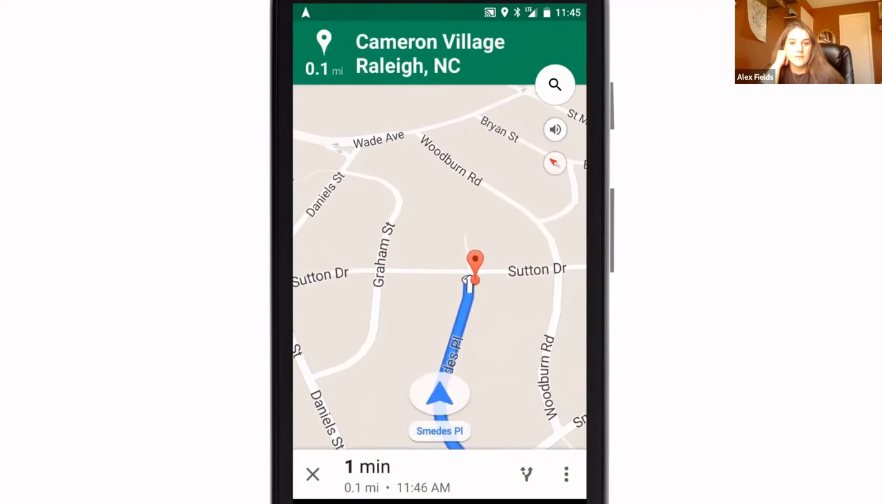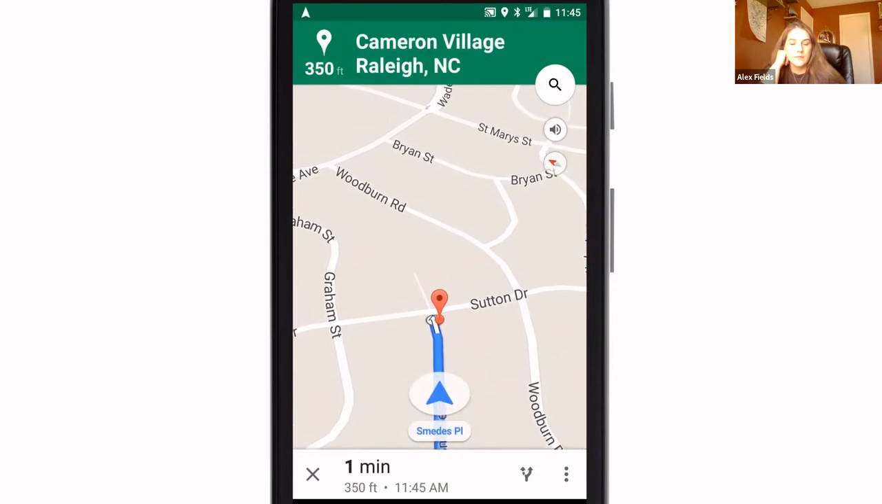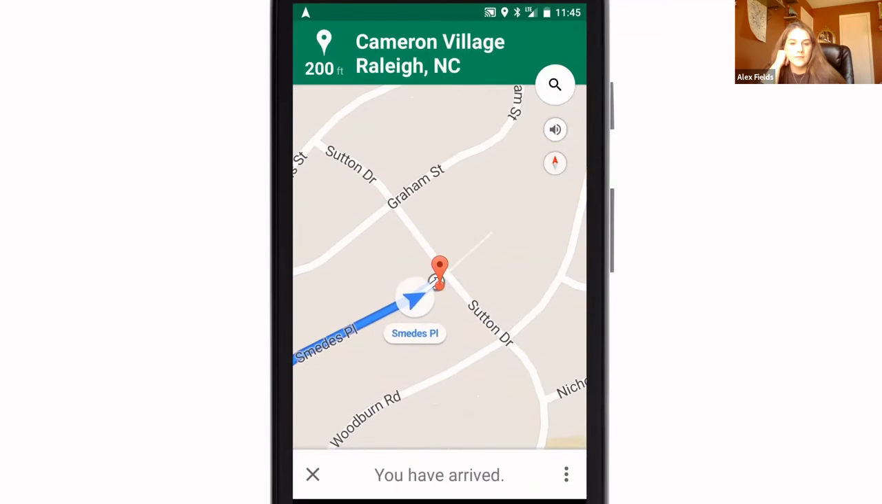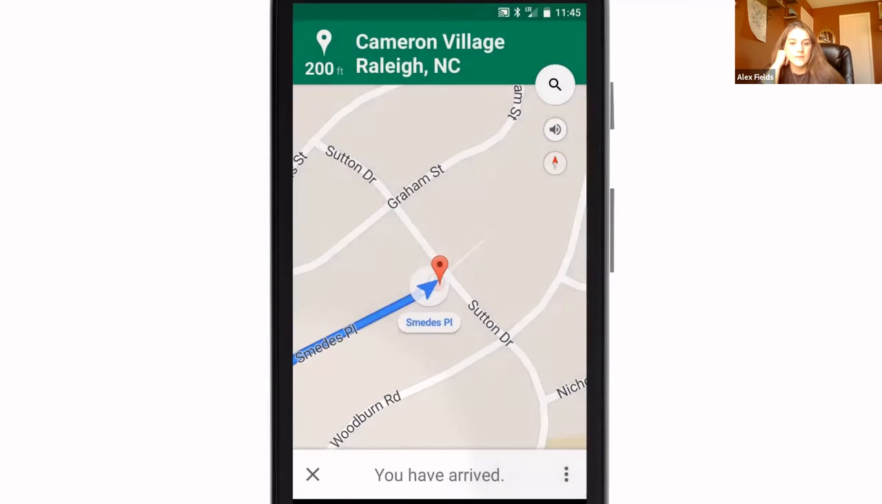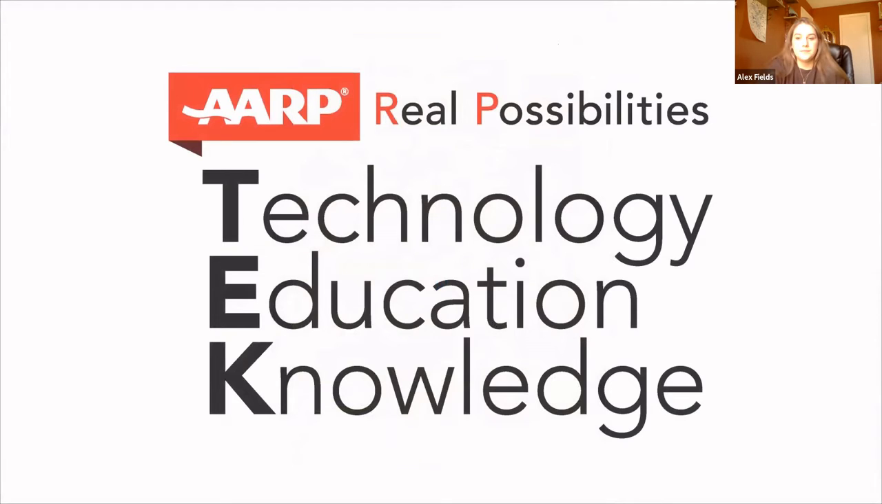In 1,000 feet, you will arrive at your destination. Once you have arrived, Google Maps will automatically end its directions. You have arrived at your destination. You can stop directions at any time by pressing the X in the bottom left of your screen. Google Maps will display a street view image to help you find the right location. Getting directions with Google Maps is